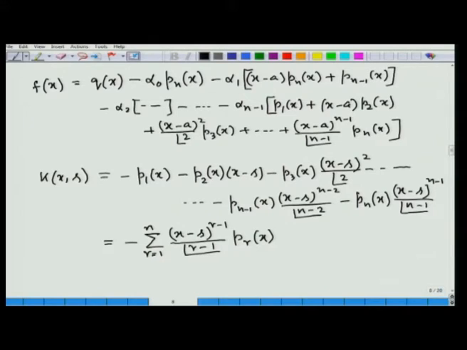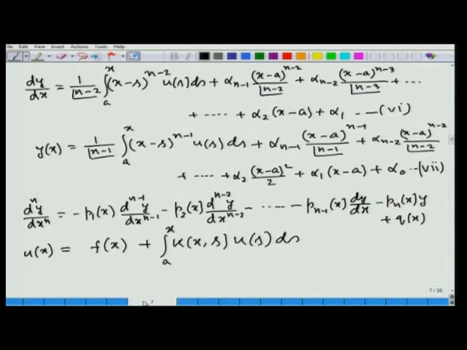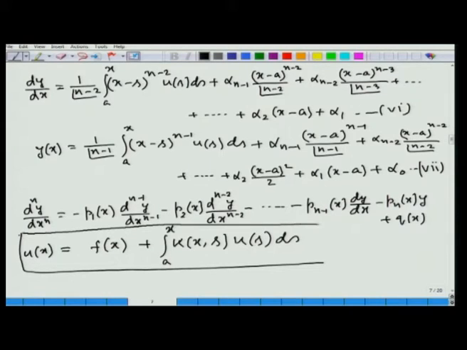So, if we start substituting r equal to 1, 2, 3 up to n, we will be having this entire expression. So, that means a general nth order linear differential equation can be converted into a Volterra integral equation of the second kind